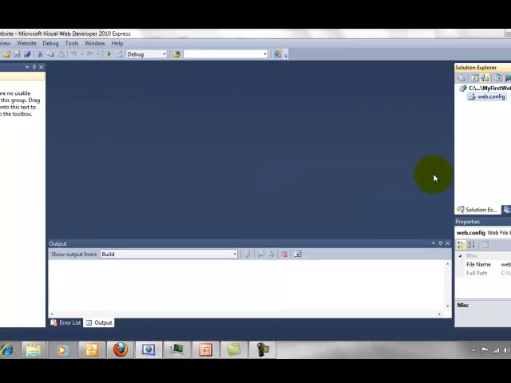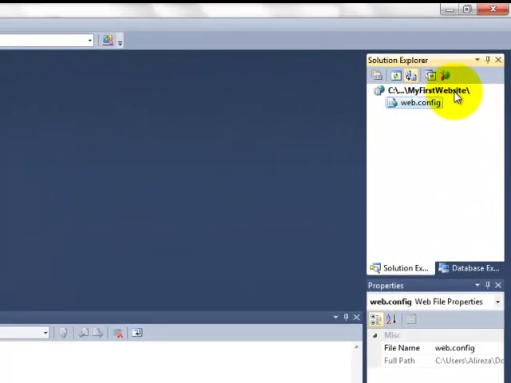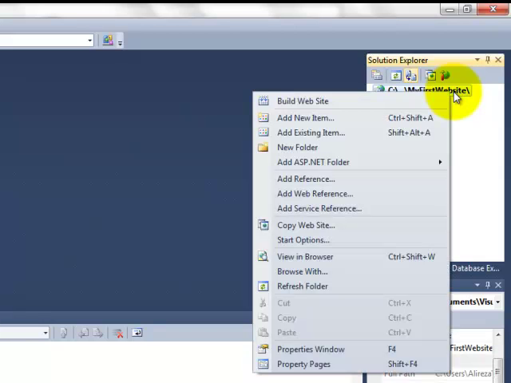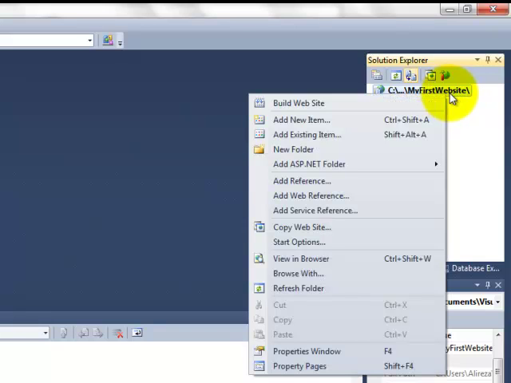Now, in order to create a website, and I will just create a simple HTML website, just regular documents, I can right click on the root of my website, which is the C / all those folders / my first website. I can right click on it, and then I can click a new item. I can add an existing item to it. I can create a new folder. For example, if I have images and I want to organize my website such that all the images are in the images folder, I can add a new folder and add my